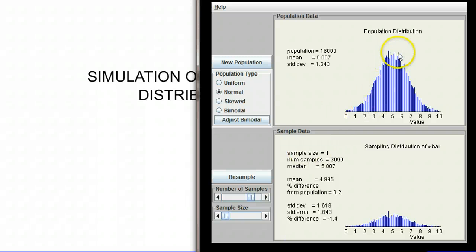Here on top we have a normal population. So let's imagine that you're measuring something like height in the population. It's going to follow a normal distribution, each individual one at a time. And down here we're sampling. So let's say we take a sample of one person at a time. It's going to follow the exact same curve. That makes sense. But as you increase your sample size to 2 and then take the average of those two